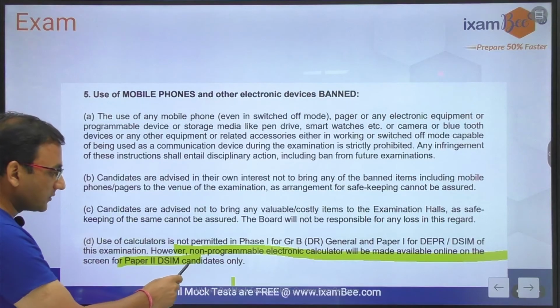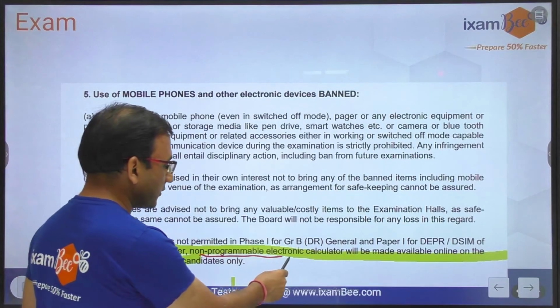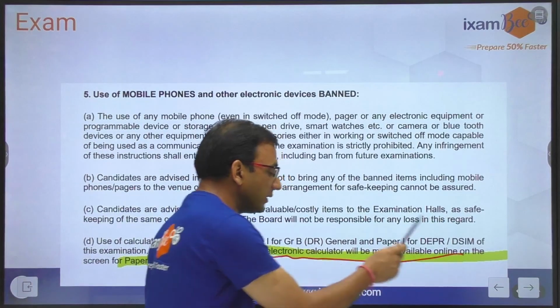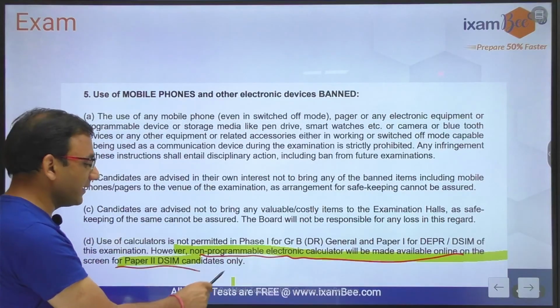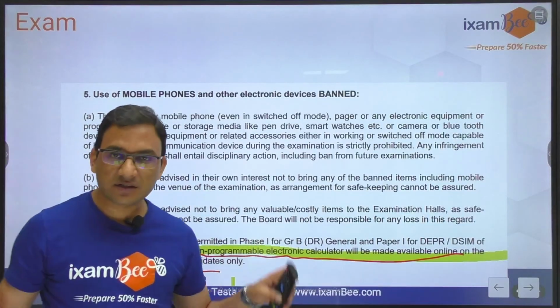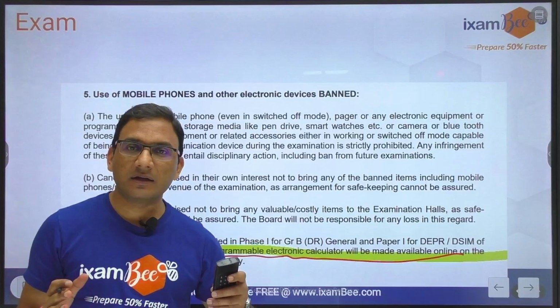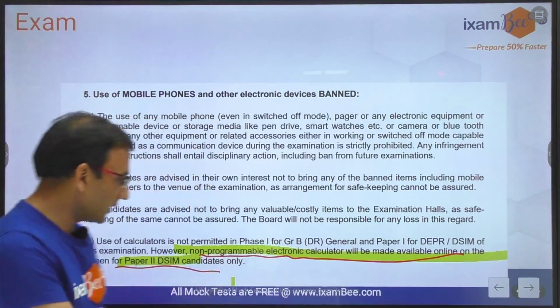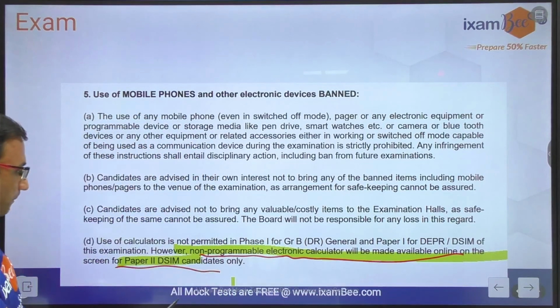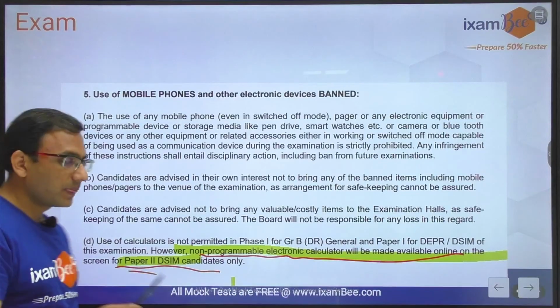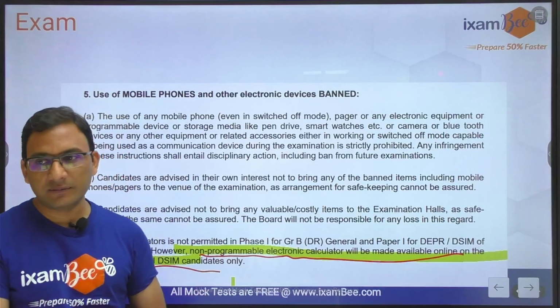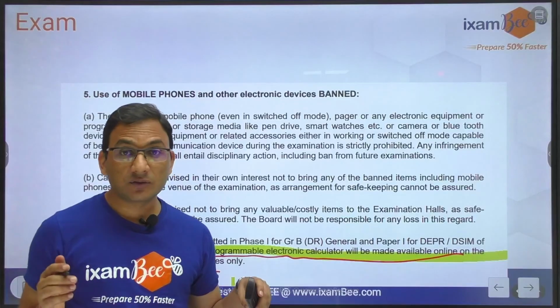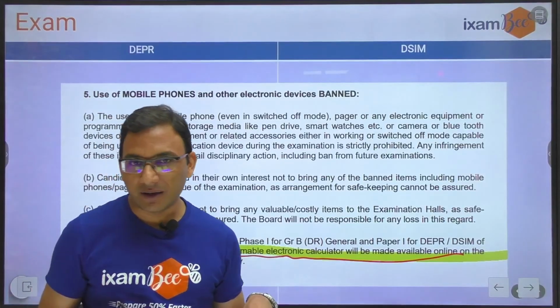Sometimes people ask: a non-programmable electronic calculator will be made available online on the screen for DSIM candidates. For the rest, DEPR and Grade B, there is no calculator and no need of a calculator, right? So don't get confused. For DSIM, they have written that for Paper 2, a simple calculator will be available on the screen. So hope you have understood this,